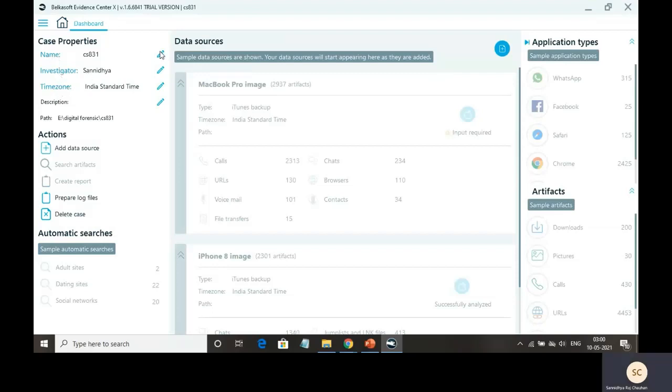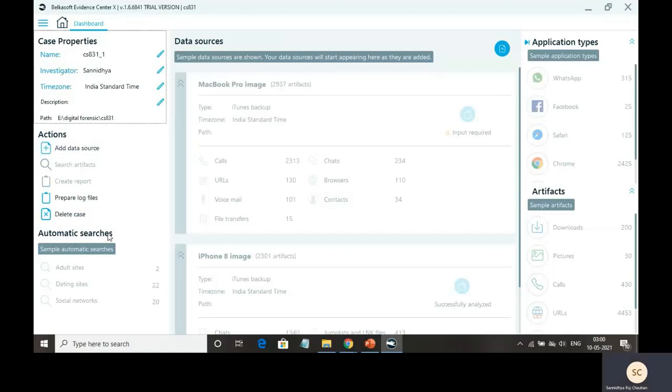So all these options are editable, that we can also edit later, like suppose CS831 underscore 1. So like that we can edit afterwards also. But the path cannot be edited, so we have to be careful that we choose the right path in one go.